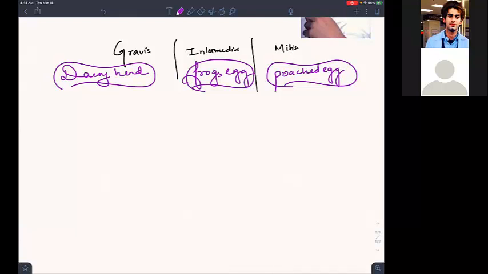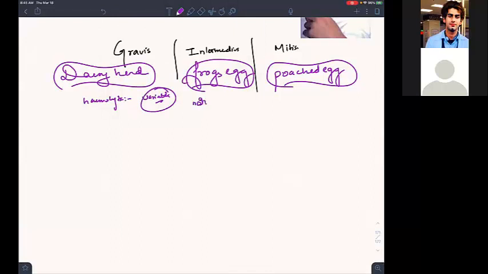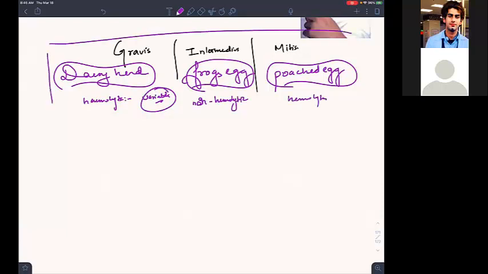Next thing you have to remember from mitis and intermedius is the toxinogenic strain, or you can remember whether it is hemolytic. Talking about the hemolysis, it shows variability. It is a variability, it's not having any constant way that we can describe it. But intermedius is definitely non-hemolytic, and mitis is hemolytic. This is all you can remember about this. No need to go into detail.